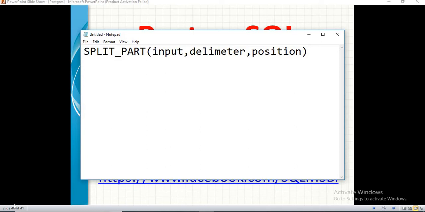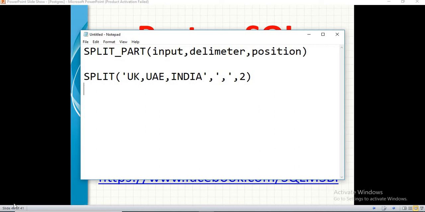Now let me put an example here. split_part of, let me make it UK, India, UAE, something that has a meaningful value, comma, India. Okay, so the delimiter, since you know the delimiter is a comma within the countries, then what position value you want? For example, you want the second value of the input string. So let's make it second.